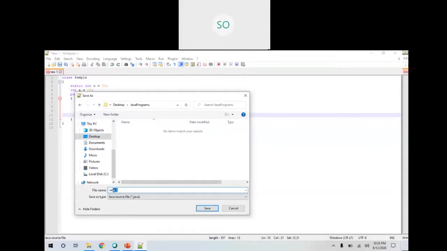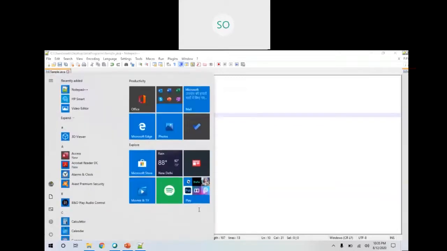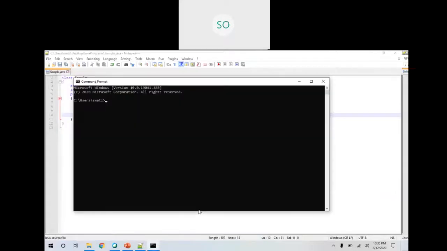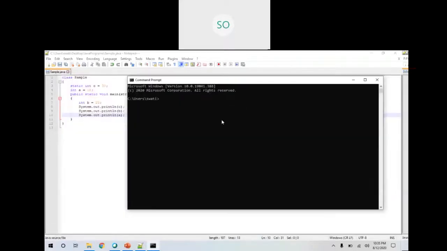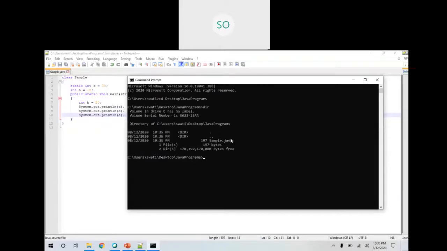Save it with the .java extension. You must save this file with your class name. So here my class name is Sample with capital S. So I have to save the program with the same file name as the class name. Okay, I have saved it. Now open the terminal. So here, first I need to compile the program. How do we compile the program? We have the Java compiler, javac, then the file name dot java, right?